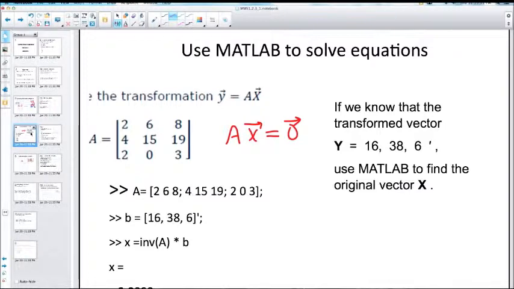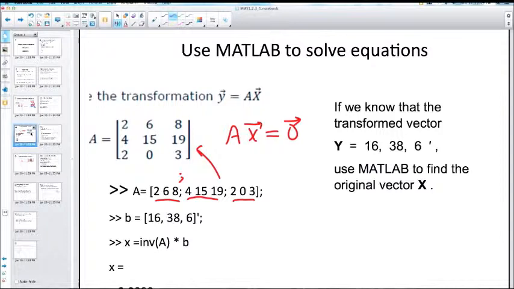Well, let me try to use MATLAB. The A, I write as the first row, semicolon, second row, third row, and then it will appear like this. And when you write the B,